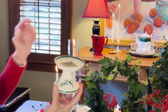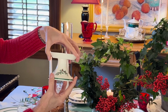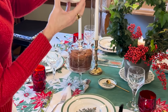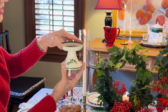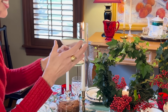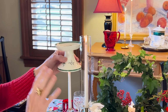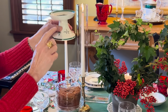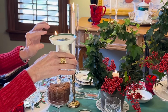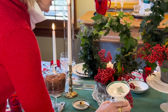Okay, so now this is my idea because I put my 3rd coaster on top of that and I secured it with some floral wax. And then I have this tiny, petite, little footed tray. Such a gardener. Now, you could do this with all sorts of different candle holders. I've got short little brass candle holders I could use, and then I could use some crystal coasters that I've got on top. How cute would this be to have at each place